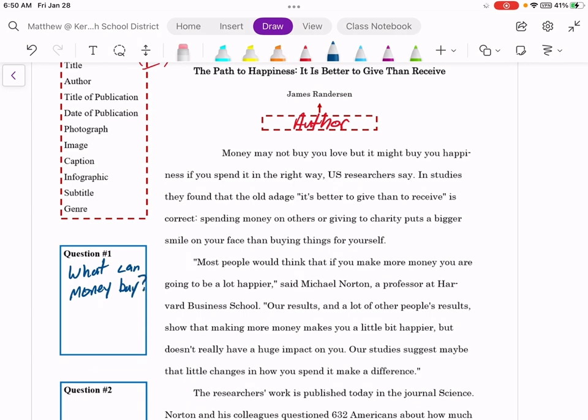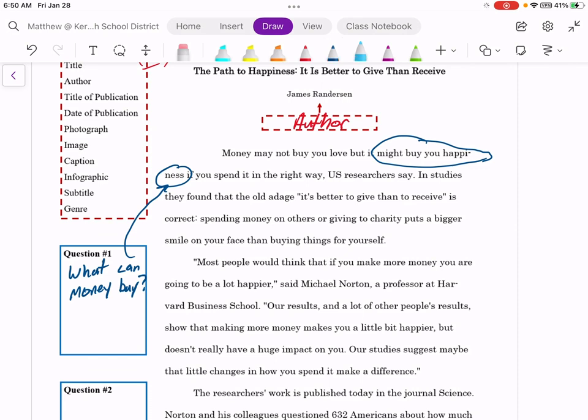And the answer to this question: money may not buy you love, but it might buy you happiness. So what can money buy? It might buy you happiness. So I'm going to go ahead and I'm going to circle that, and I'm going to connect those two. Please remember to connect the question with the answers.